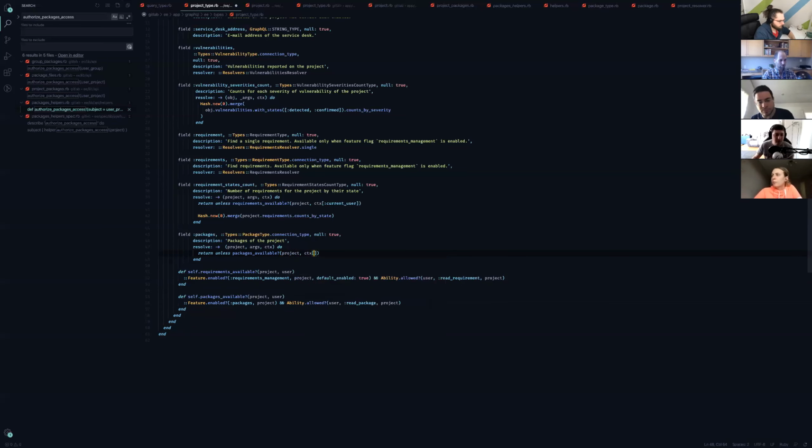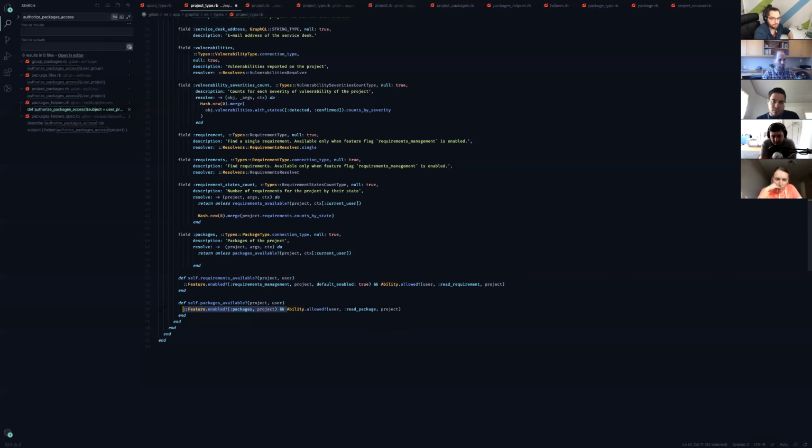Okay, I think I got this in the meantime. The packages are feature flagged like this, or can you use this not for a development feature flag, but for a feature turned on or off, right? As well. Yeah, you can do that, but there is no feature flag on packages. But you can use the ability allowed. So should I just remove this part? David? Are you using a function? Simply, yeah, because this part